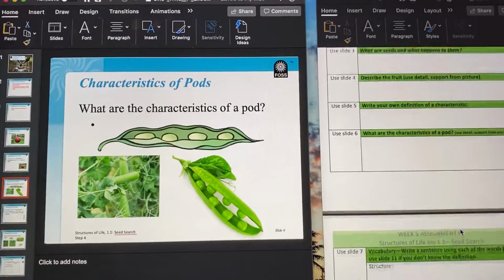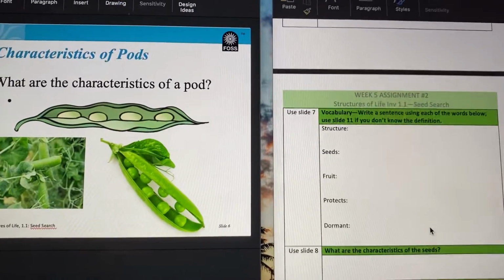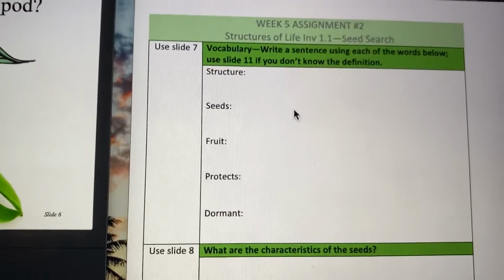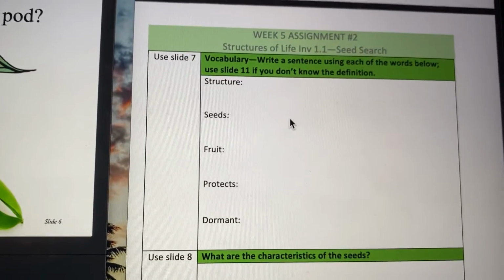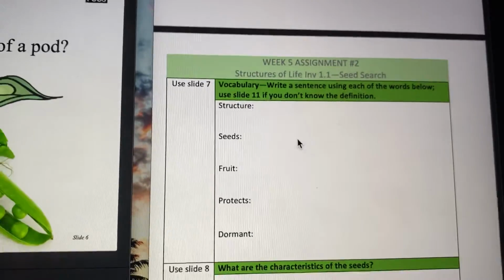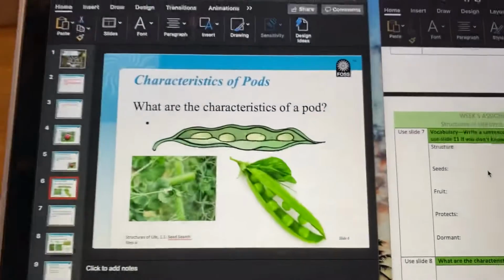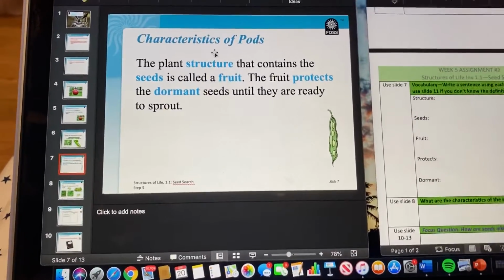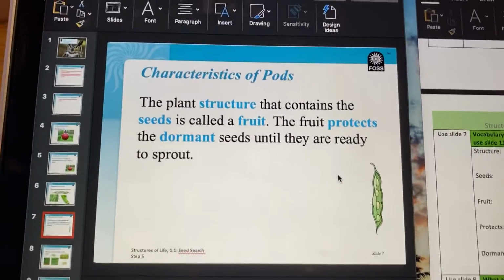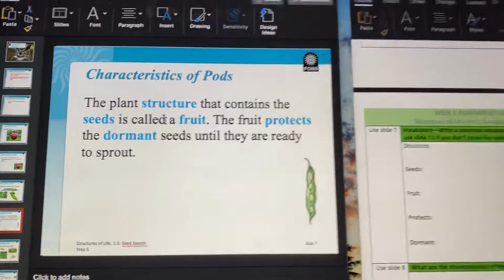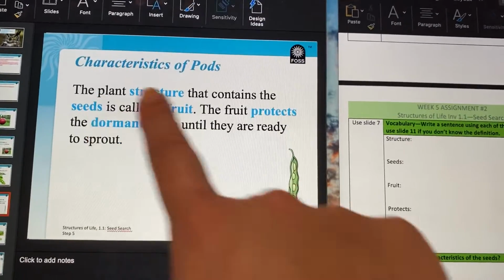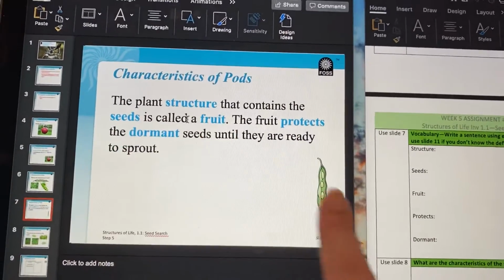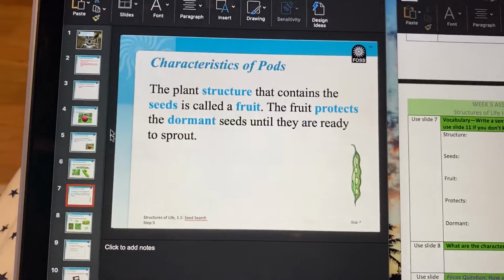Then we're going to go to slide 7. And this is, you guys have done this so many times for LAL. Basically, you're going to write a sentence using each of the words below. It says to use slide 7 because here it has all the vocabulary words. Structure, seeds, fruit, protects, and dormant. If you guys don't know what those words mean,